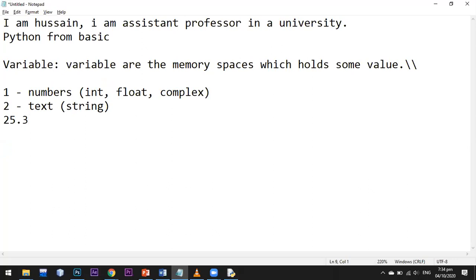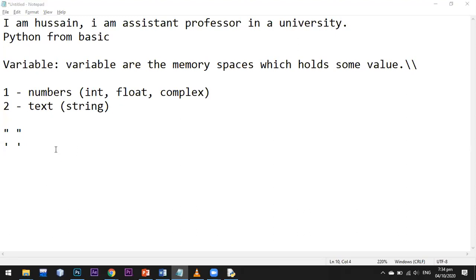And complex is a little bit different, so just omit this for now. And a string is anything within double quotation or single quotation. Anything between quotation marks is a string. It can be just alphabetic, it can be numeric values, or it can be alphanumeric.